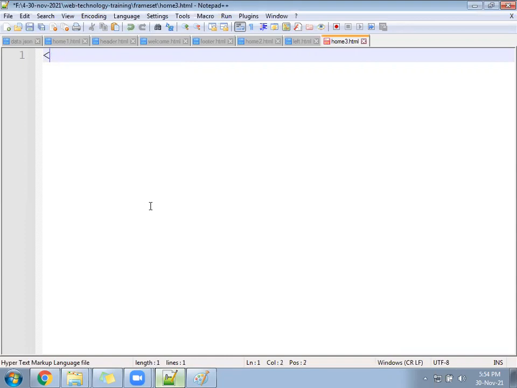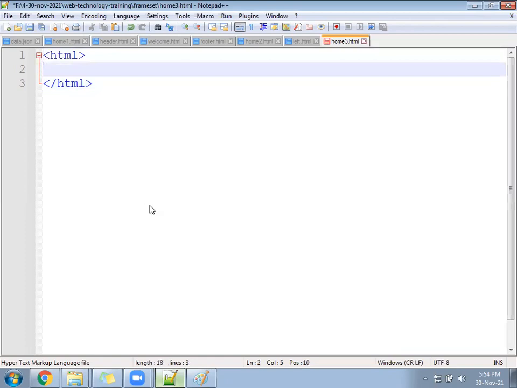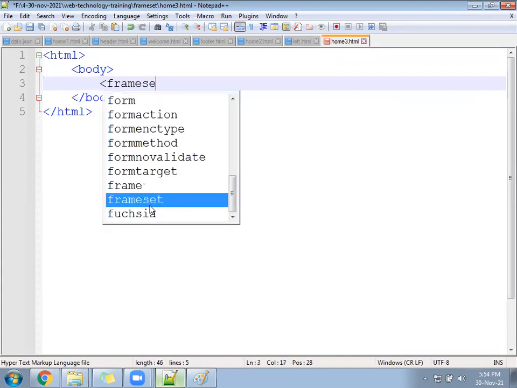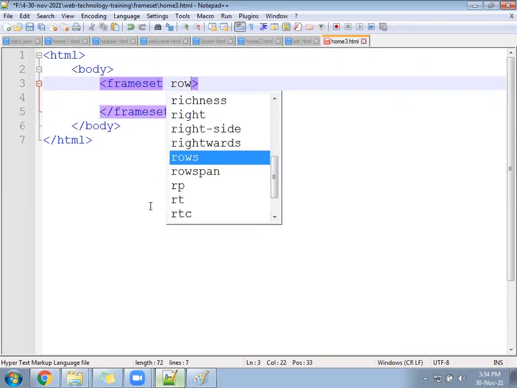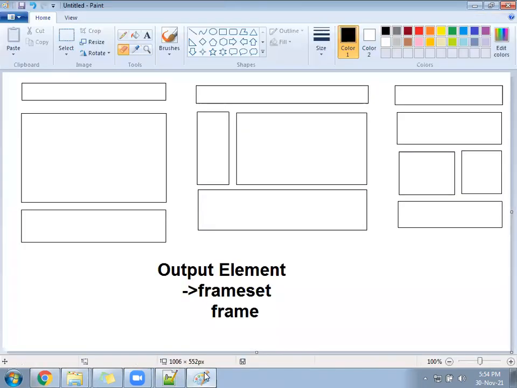HTML starts from body, and right here a frameset. Inside this, the first row is 10%. For the second row, how much can we give? 40, 50, 90?